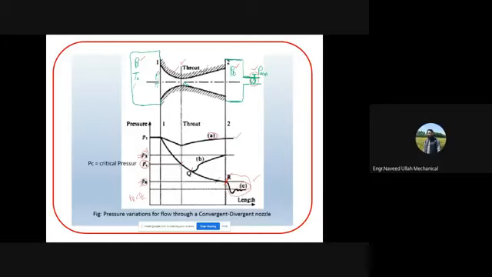And in the diverging section, the pressure decreases, so obviously velocity will also increase, right? But then after that the pressure suddenly increases, and that sudden increase in pressure obviously means a sudden drop in velocity. So you have accelerated the fluid from, let's say, C1 to the sonic velocity, and even maybe supersonic velocity, because here this pressure drop up to this one gives you